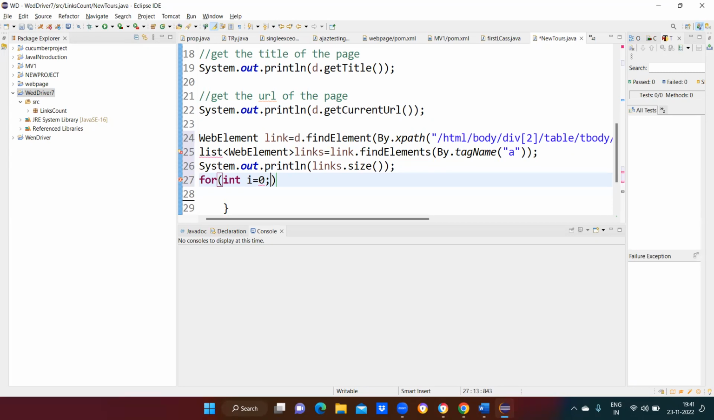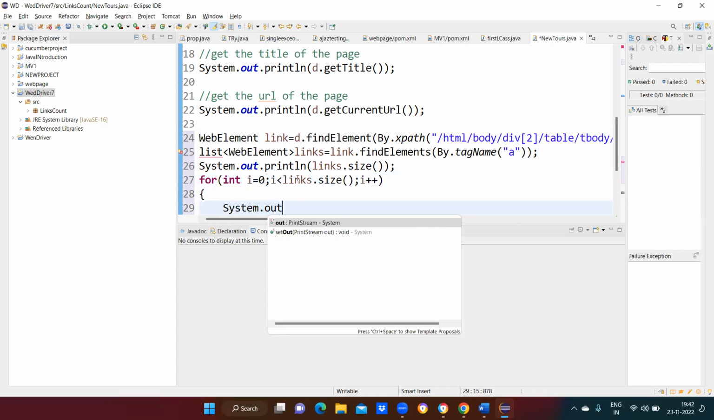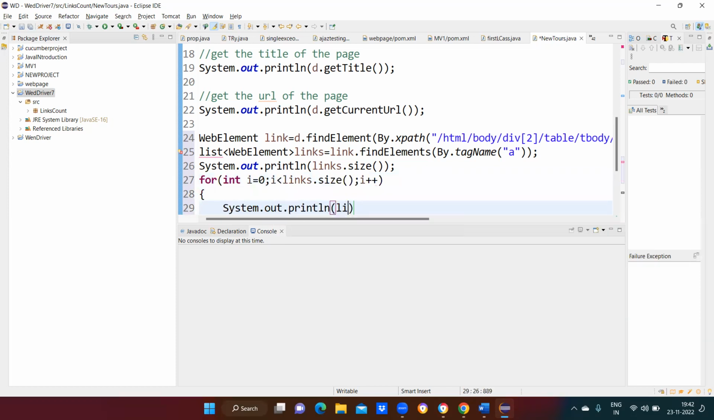We are using data types. int i equal to 0, i less than links.size, i plus plus. Now after that I'm going to use System.out.println(links.get(i)